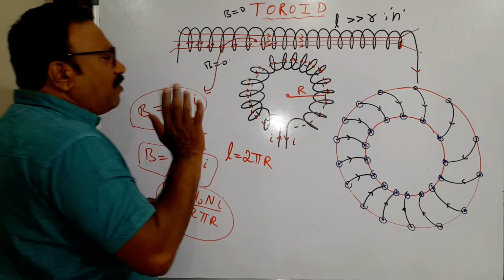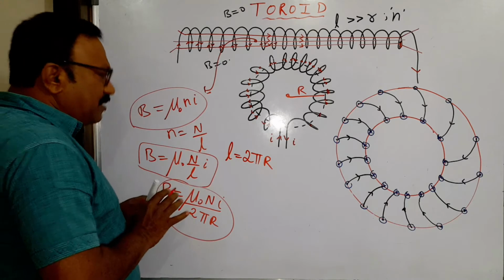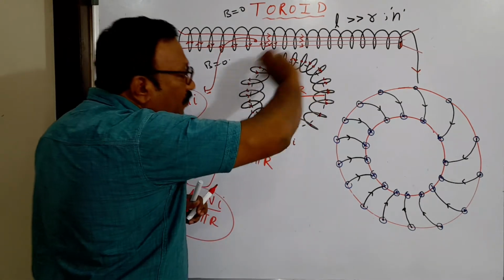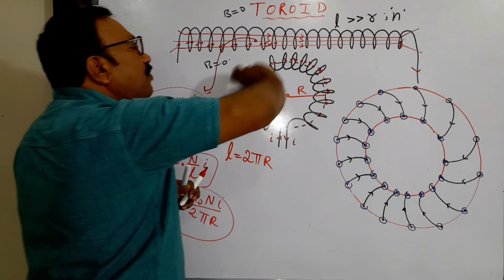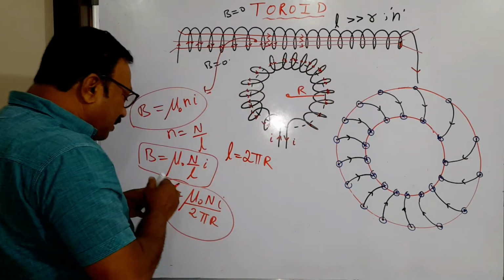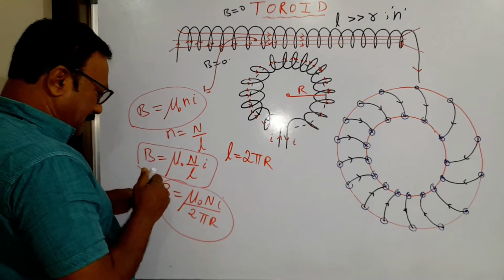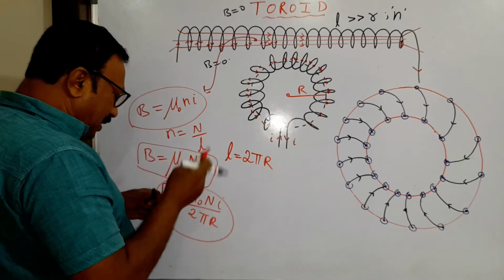At maximum, see what he will do. If you want to make any changes, he will put some material inside this. You have a free space inside, am I right? Now we will put some material. If you put some material, this formula will change, whatever it is. So what does that formula become now?